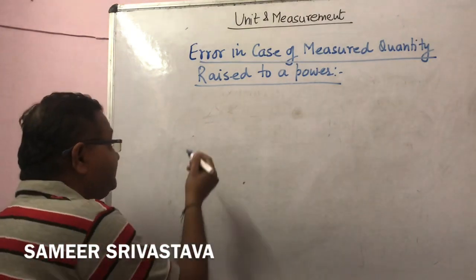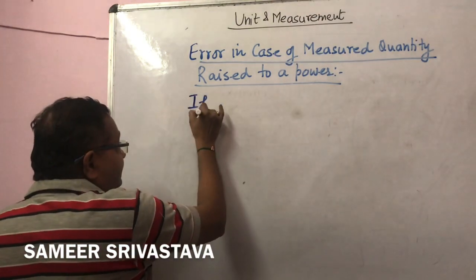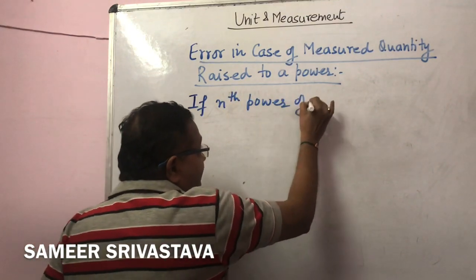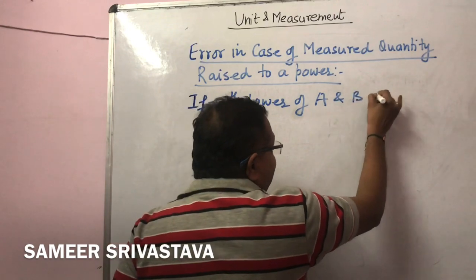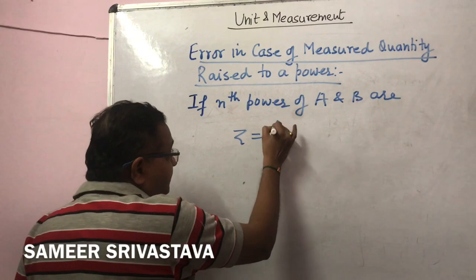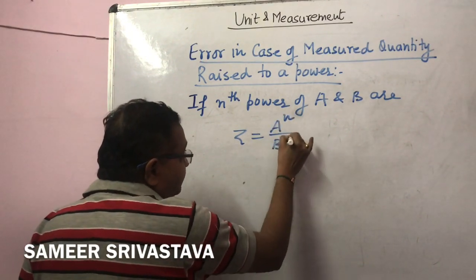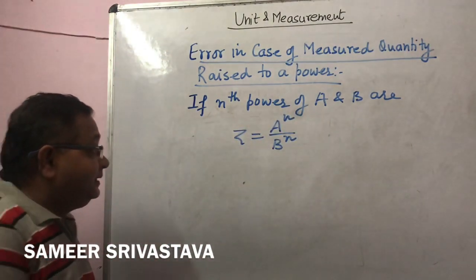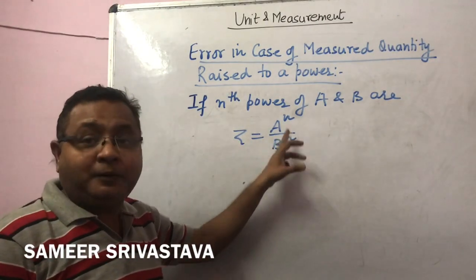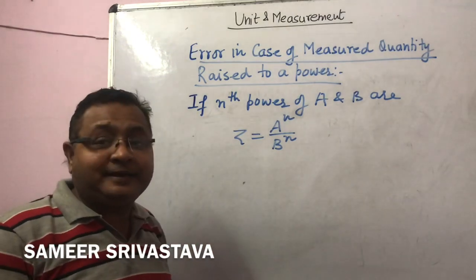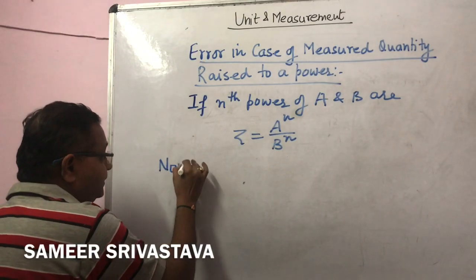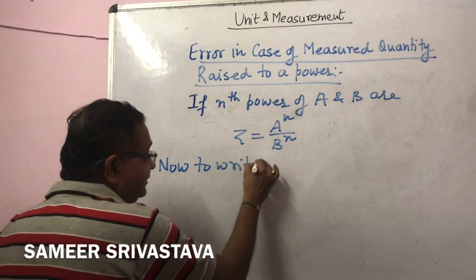For example, if the nth power of two physical quantities A and B are given as z is equal to a to the power n upon b to the power n, right? Here we have two physical quantities A and B, and these physical quantities have a power. Now in that condition, how can you write the fractional error or relative error? Now, to write the relative error,